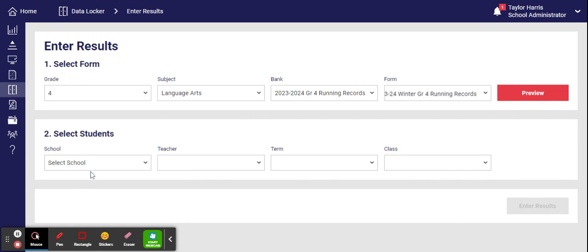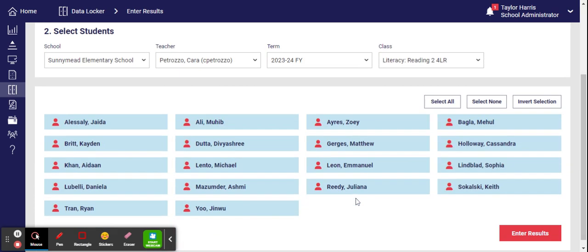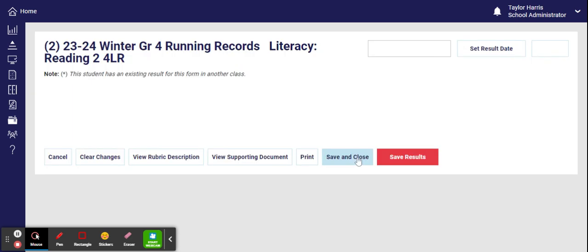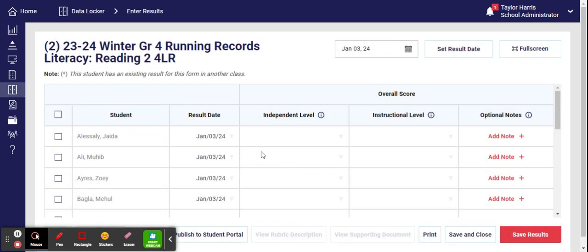I don't know if you'll have the same tab where you'll have to select all the students, but if you do, you'll just find our school, your name, and then you'll go from there with entering your students. So for example, if I use Miss Petrozo's class, I would then go to reading and all her students would be listed, and then I would enter results by clicking that enter results button, which will take you to this new page